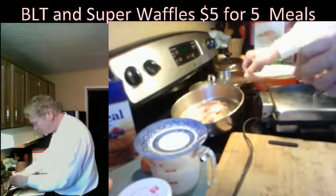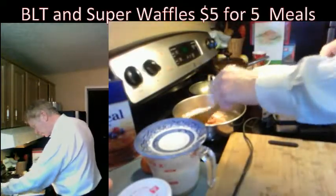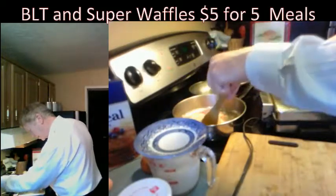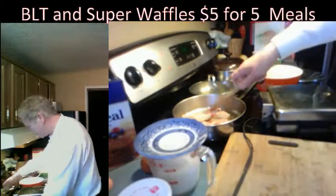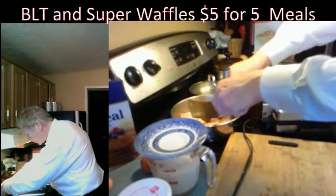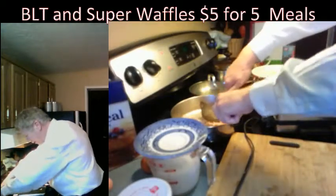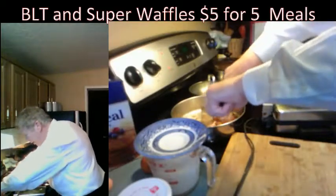You know, I probably should just cut the fat right off right now, because all I'm doing is making a BLT and using some of the bacon for flavoring in my pancake, my waffle. So I think what I'm going to do is take a knife here and just kind of sever the fat so it doesn't stick with the bacon. Because, you know, bacon is essentially fat. I'm still gonna cook it